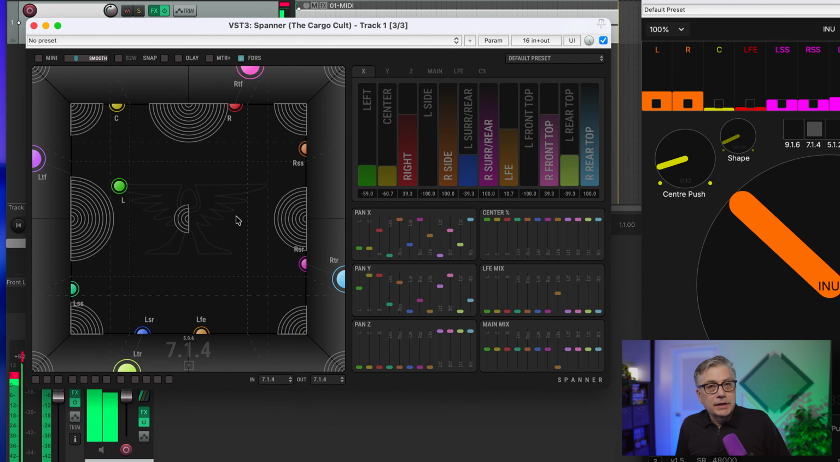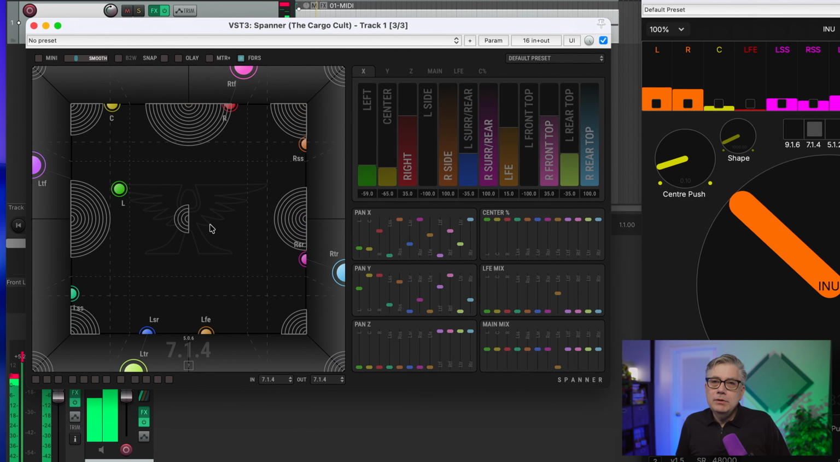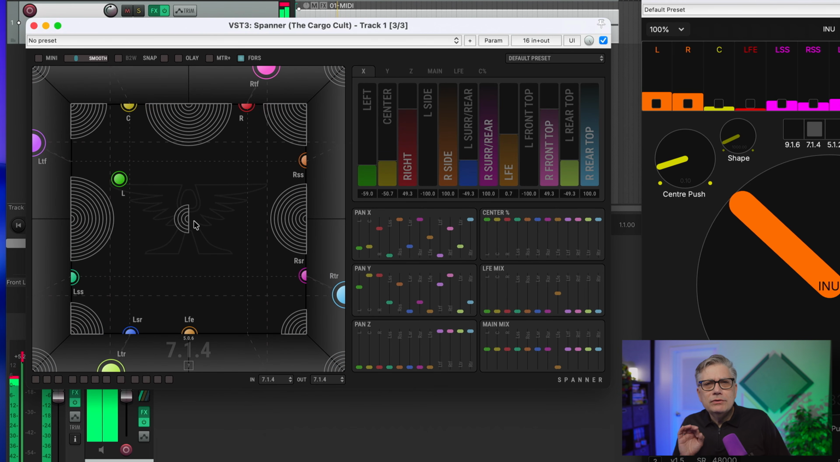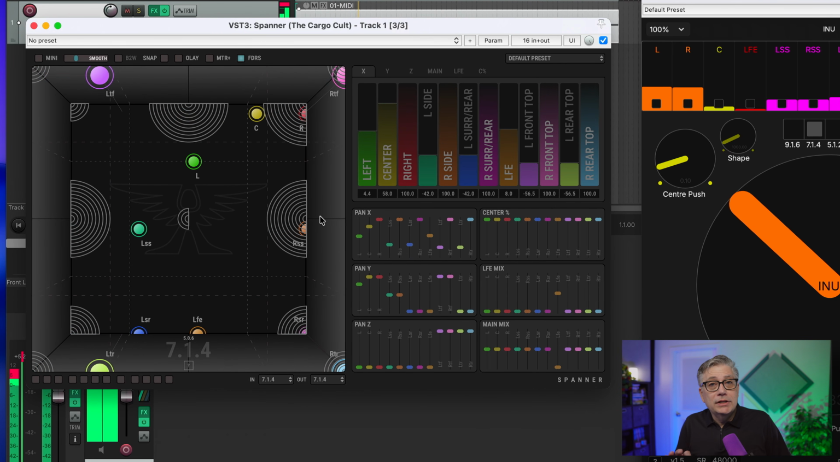Like most of their plugins, Spanner used to be only available for Pro Tools, which is the main reason it had not been on my radar so far. But with version 5, the Cargo Cult added VST3 and audio unit versions that integrate very well with pretty much any digital audio workstation out there. So I felt it makes sense to give it a try. And spoiler alert, the way the Cargo Cult have made sure that the plugin integrates well with other digital audio